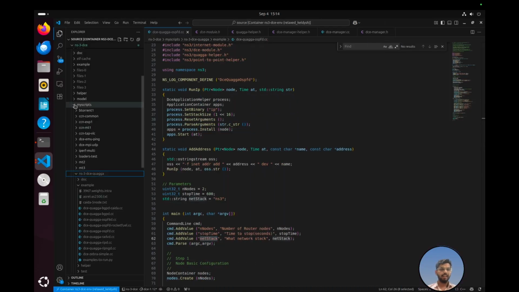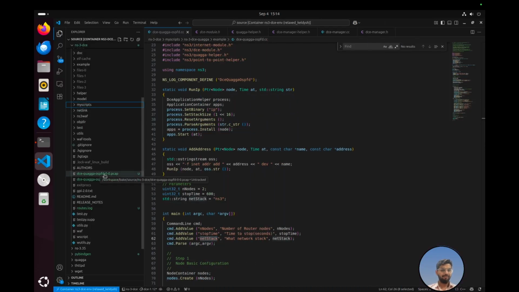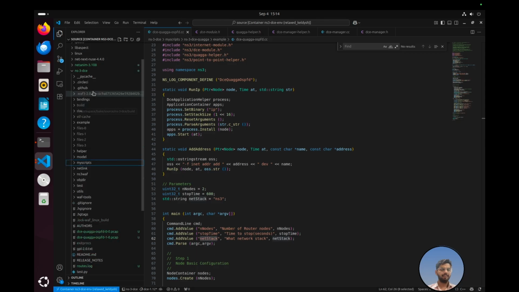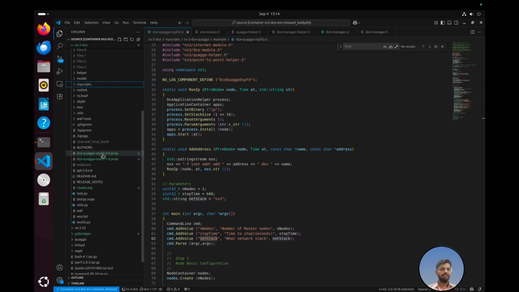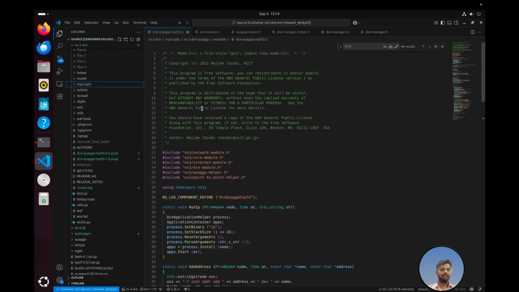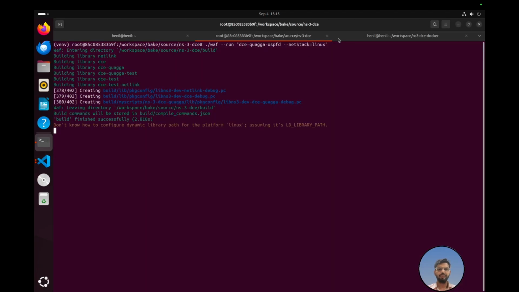So if you see, this has generated these 2 PCAP files in the base folder, which is ns3 DCE. These 2 files are the packet captures of the 2 nodes that we have simulated in our code. Now let's observe these 2 files. If you want to observe these files inside Wireshark, I don't think you can directly observe them inside your container. What you want to do is copy these 2 files to your actual machine, your actual Ubuntu. To do that, you can